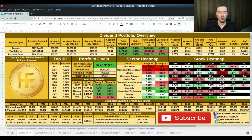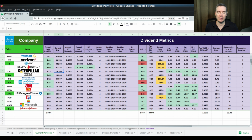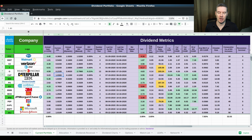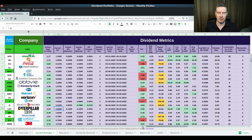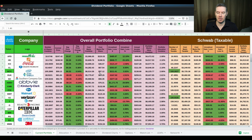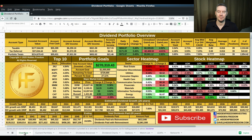So all right, we are looking at the dividend portfolio overview. This is a new screen that I created recently, and it was really just because the current portfolio tab, which you've all seen in my previous updates anyway, has all my stocks for the dividend portfolio spread across 2 different accounts, and then I have a combined there. It was very hard to keep track of what was going on without having to scroll all over the place. So what I did is I created this overview page here, and that has both accounts, taxable, non-taxable there,